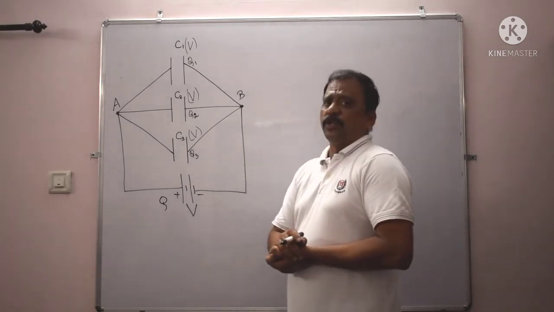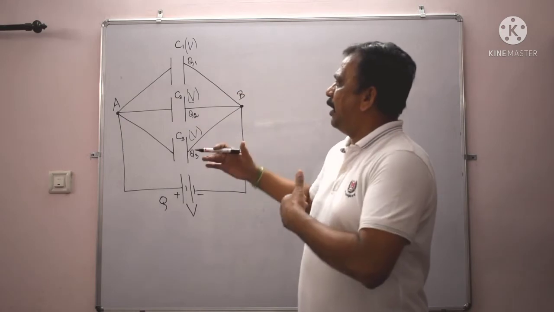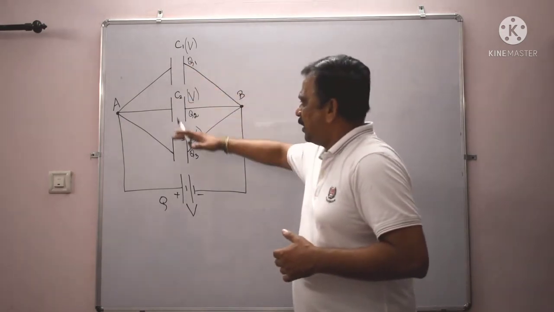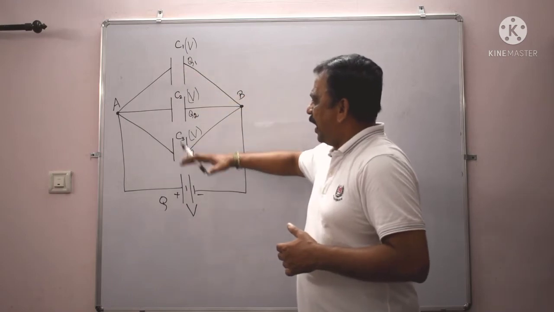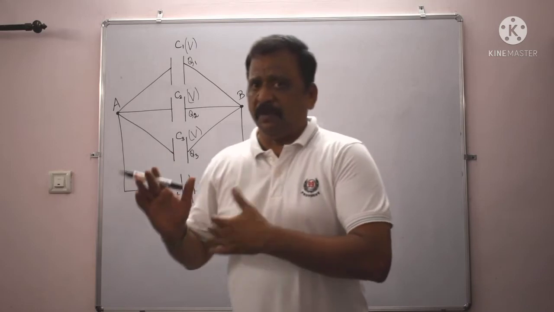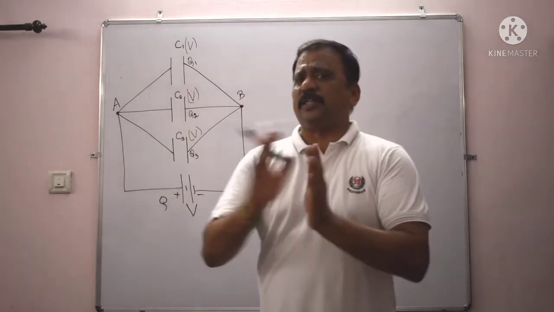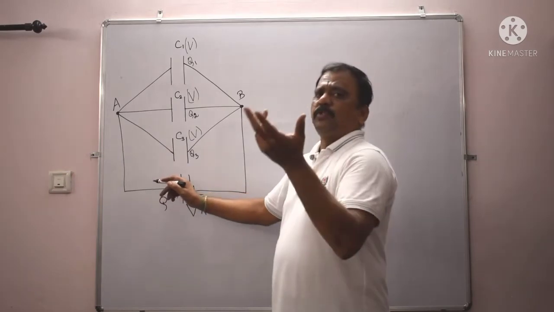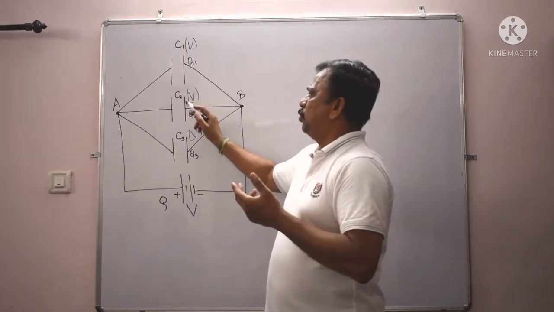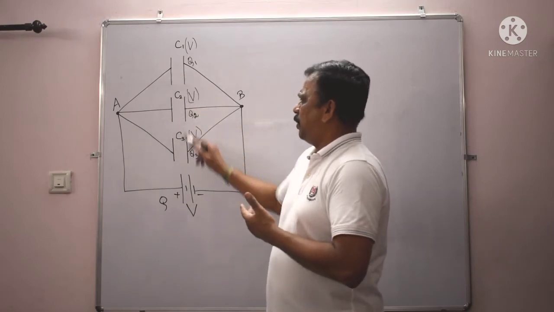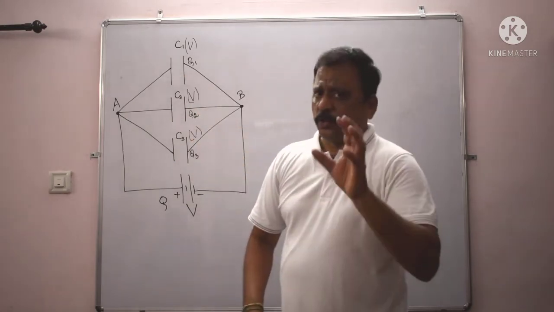The most important point you should remember whenever you deal with a parallel connection is, number 1, voltages across the components will be equal to one another and will be equal to the source voltage. This is not only applicable for capacitors, it's applicable for any components connected in parallel. And the charge, or in terms of current, the currents flowing through the components. Here it is a capacitor. The capacitor doesn't allow the current to flow through because of an insulating medium. So it stores charges, right?